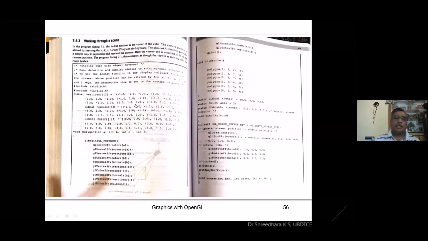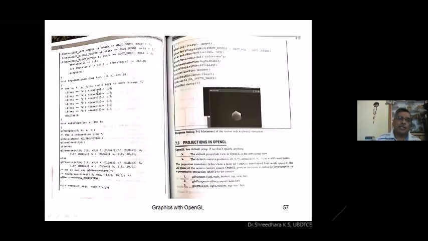Let us understand this program using perspective projection. The output is drawn. So this is the cube drawn. Whenever you press X, Y, Z, based on the values, the viewer positions are changed here. These viewer positions are used in the lookat function.